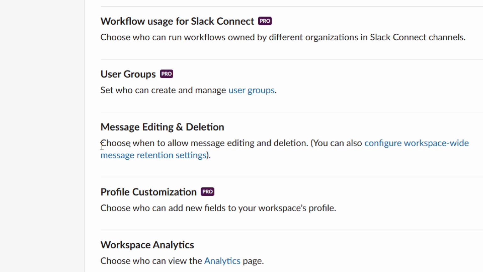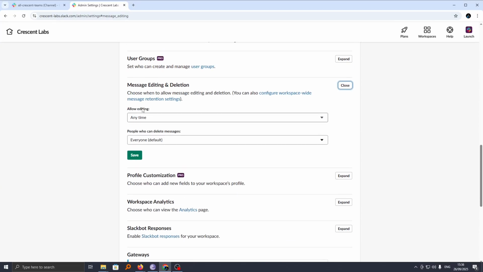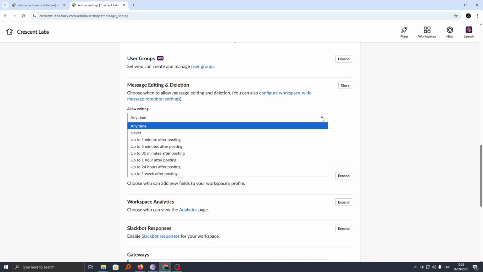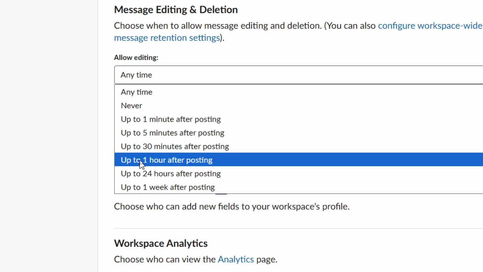Now under Settings and Permissions, head to Permissions and then scroll down until you get to Message Editing and Deletion. You're told to choose when to allow message editing and deletion. So if you click on Expand, you can see on editing, it is set to allow editing. However, I'd like to go ahead and put a timeline on this. So I'll click on the drop down here and then I'll choose, maybe I want this to be allowed up to